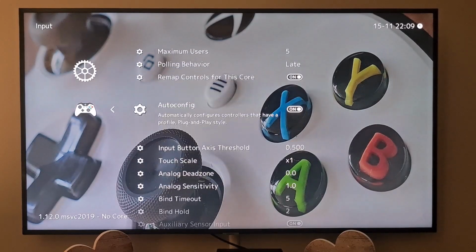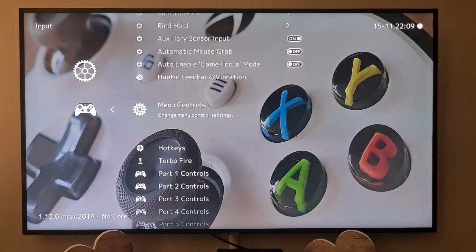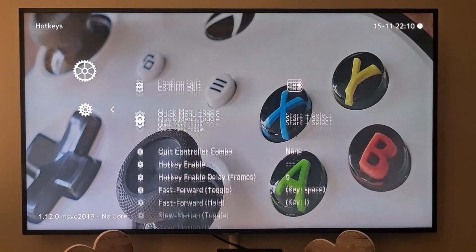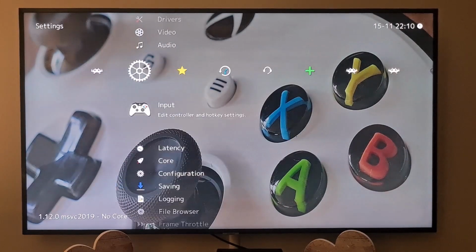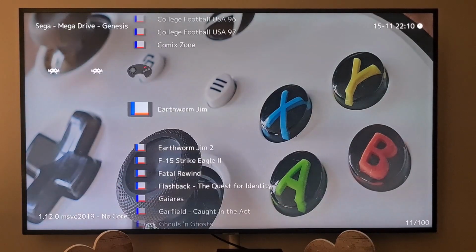and then come down this list, and there will be hotkeys. And then in here you've got the quick menu toggle with start and select. If you clicked on that, there's a bunch of other key combinations you can pick, but start and select works pretty well for me, so that's why I leave it on. And then I'm just going to go down and try